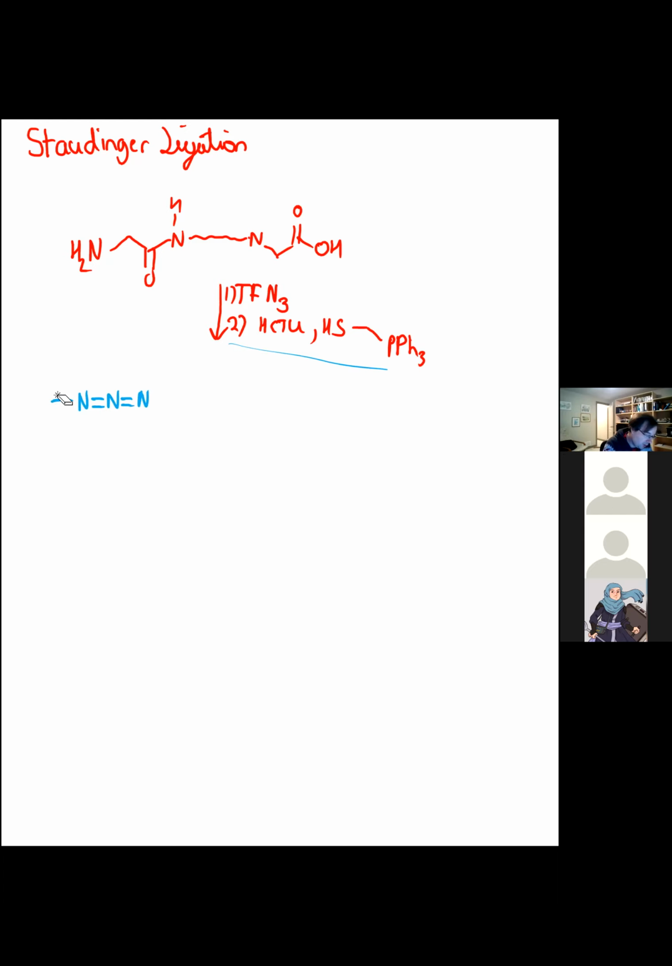Maybe I should draw out the triflate. I'm just going to draw the resonance structure. I should have just drawn the resonance structure to begin with. I can never draw this resonance structure without drawing the other one first. So if you have this, and you have an amine,